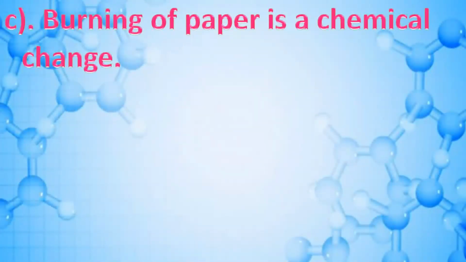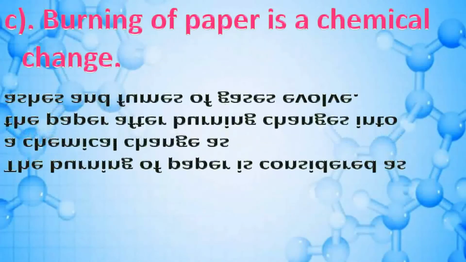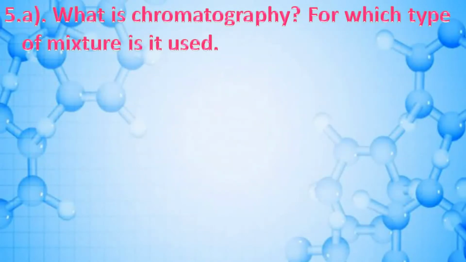Burning of paper is a chemical change. Answer is: the burning of paper is considered as a chemical change as the paper after burning changes into ash and forms of gases evolve. What is chromatography? For which type of mixture is it used? Answer is: